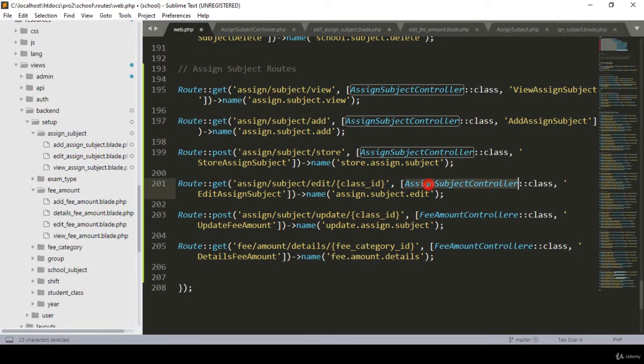So now we have to create one method in our assign subject controller. I want to create a method called update assign subject. So now we have to create this method. This will be just like our